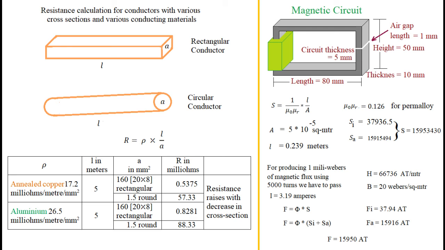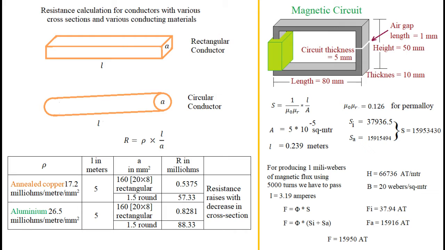The slide that we see contains two conductors having cross-sections with different shapes, particularly rectangular and circular sections. Let us assume the width and breadth of the rectangular section are 20 mm and 8 mm respectively, and the length of the conductor is 5 meters. So to find the resistance of the conductor, we need to know the material of the conductor.